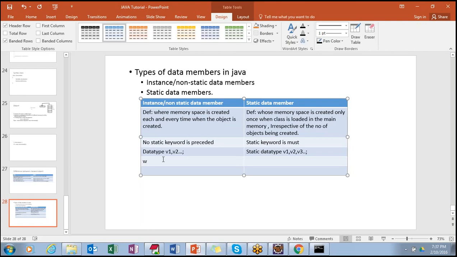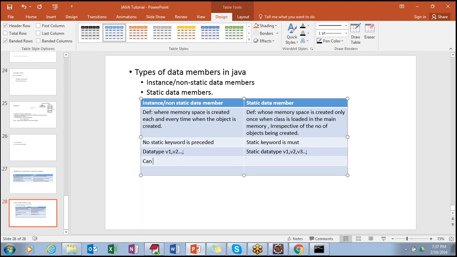Whenever an instance of a class is created, you get an object, like car c1 equal to new car. So you can use this variable as c1 dot v1, got it?